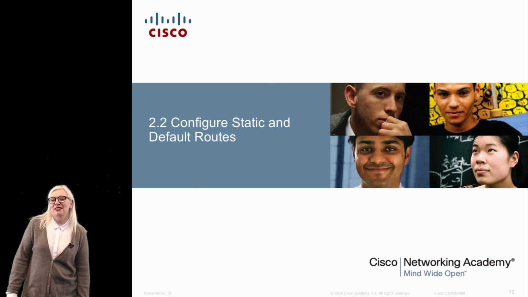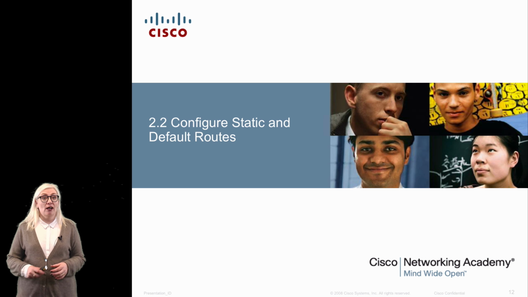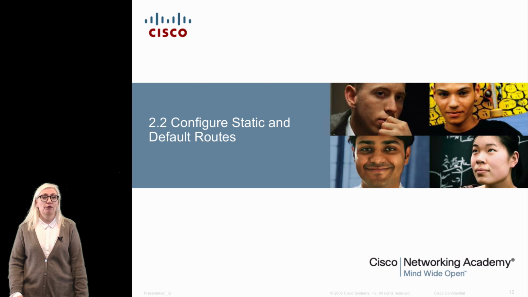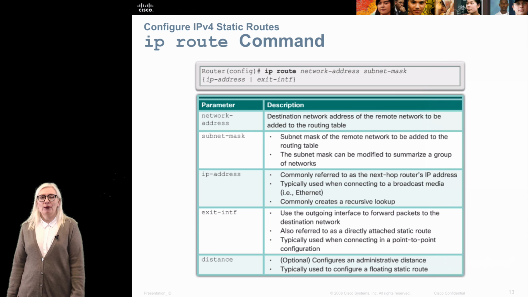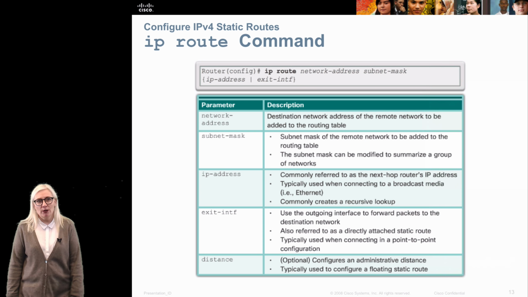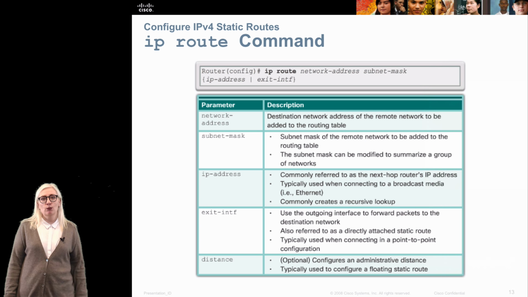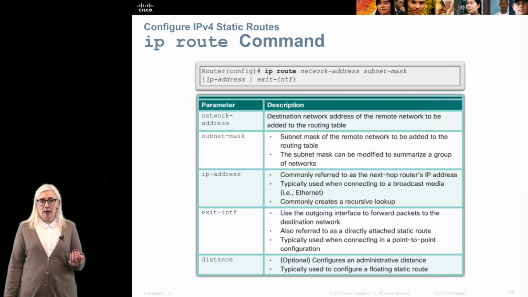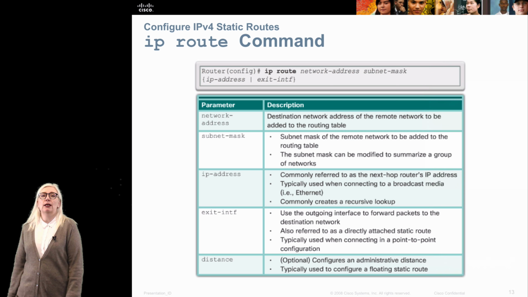Hi, this is a presentation of how to configure static and specific static default routes, and it's part of my CCNA2 course. When we're going to set up a static route, we are using the command ip route, and then the network address, which is the network to where we want to go, and then the subnet mask of that network, and then either we can use the IP address of the next hop router, or we can use the